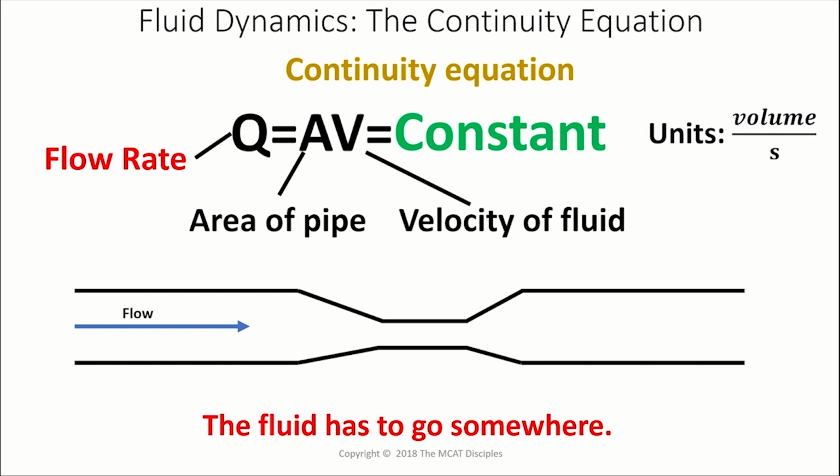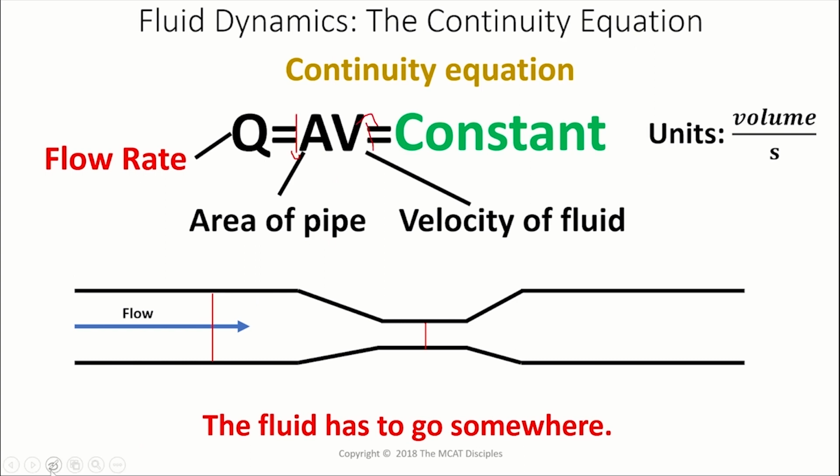That just says that if you increase the area, you decrease the velocity. If you increase the velocity, you decrease the area, because flow rate has to stay constant. Flow rate has units of volume per second. You can also express flow rate in mass per second, which you get by multiplying by density to get rid of the volume. But more generally, you just see flow rate as volume per second. So again, the area here is greater than the area here. If you decrease the area, you increase the velocity of fluid flow.